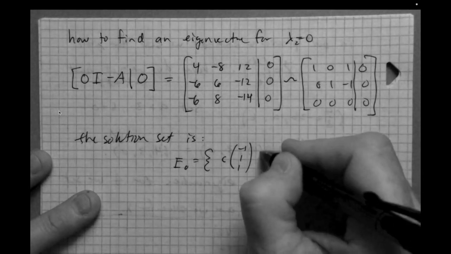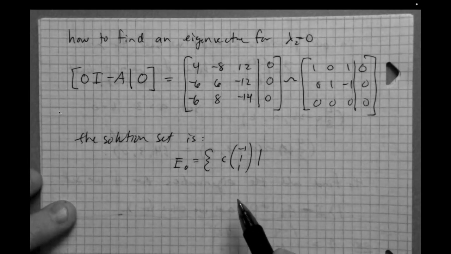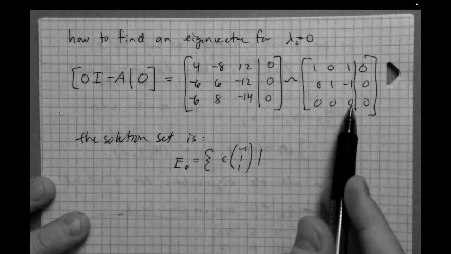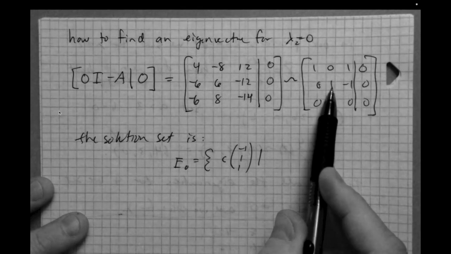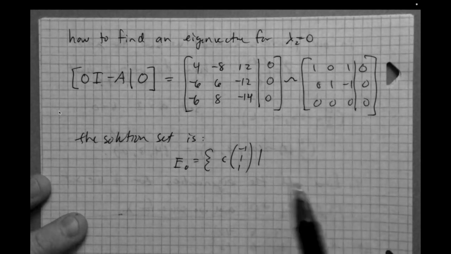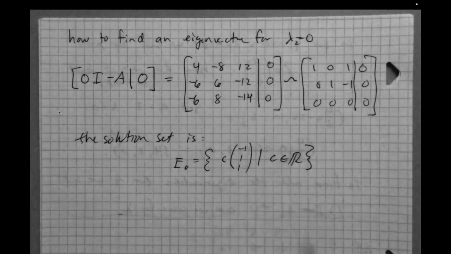Right, and of course this representative vector you identify will vary depending on what you choose for your independent variable here, but I've obviously chosen 1. And when you choose 1, it forces x2 to be 1 and x1 to be negative 1. Right, but yours may vary, but they'll all be just scalar multiples of one another. Okay, and so this is the